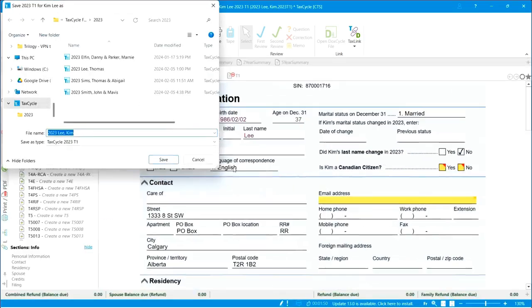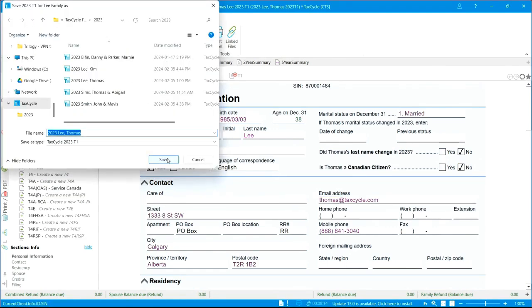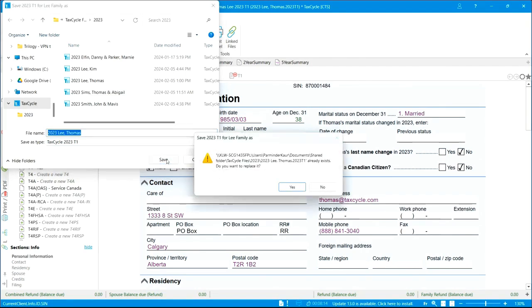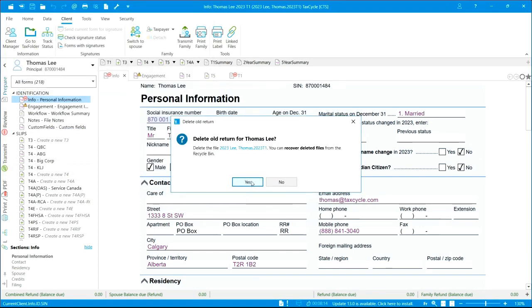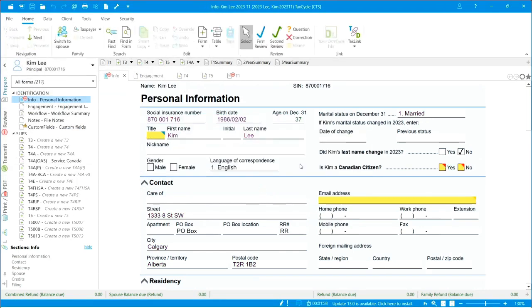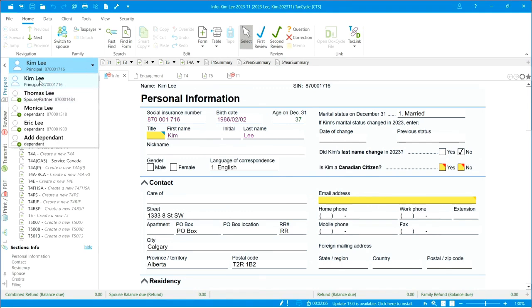So Kim's return, detach, and as soon as we do that, it has opened Kim's return, and it is asking us to save that return separately in that particular year folder. So we're going to click save, and now it is asking us to save Thomas's return as well. So we're going to hit save, and because we have an existing file, we're going to say just save that, and it is going to ask to delete that return as well. The important thing to see is now we have Kim's return, and all of the other